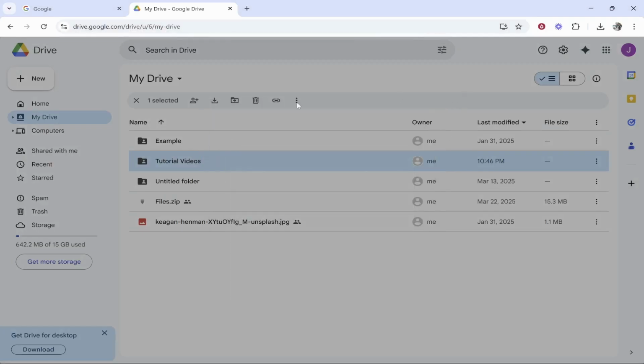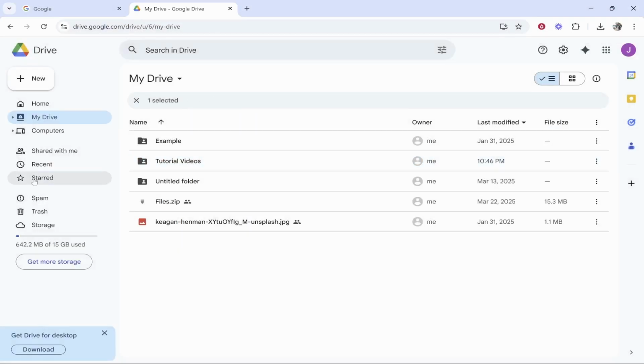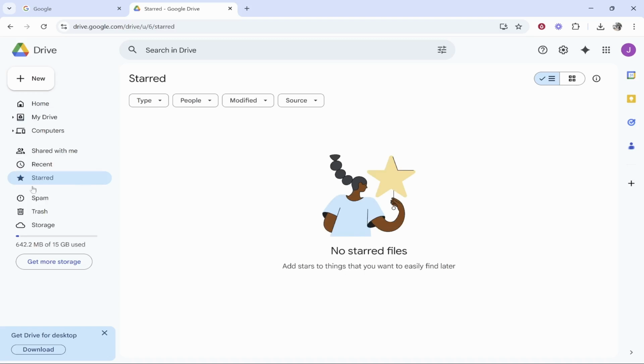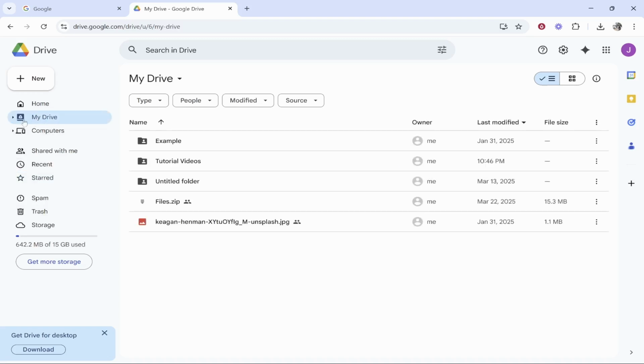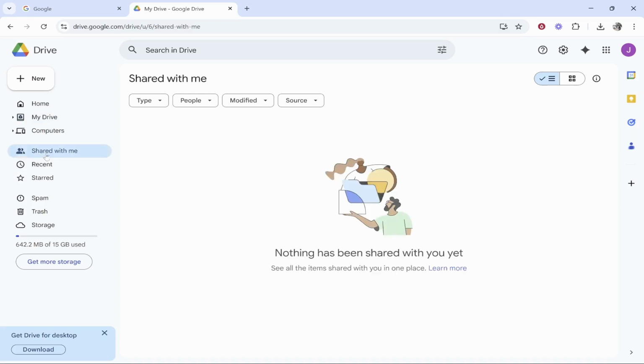So that's pretty much all you need to know about Google Drive. You can go ahead and star files as well if they are super important. But the most important thing, if you go to My Drive, here you'll see all of your folders. If you go to Shared with Me, here will be all of the files and folders people have shared with you. You'll get 15 GB for free, so go ahead and use that. You can then pay more and upgrade if you wanted to. There are some additional things you can do, like get the Drive desktop app, which essentially allows you to sync in real time, but that's a bit more complex,